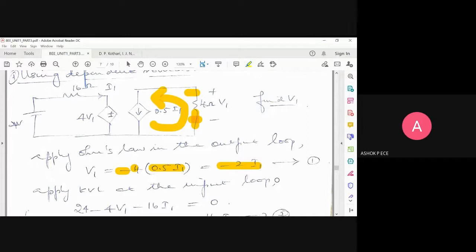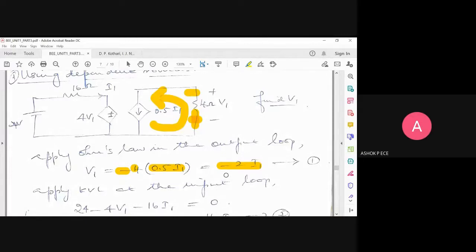When you are dealing with dependent sources, you will not get equations having constant terms. You will get all the terms combined. Usually in normal KVL, KCL problems, you will have equations like I1 plus I2 equal to some constant, I2 plus I3 equal to some constant. But when you deal with dependent sources, V1, I1, V2, I2, everything will be coming into that equation. You should not worry about it. You should deal with the dependent sources in the same way as your normal problem. Is this first equation clear to everyone? If you put plus 2 I1, it is wrong because... Sir, a doubt, polarity, sir.